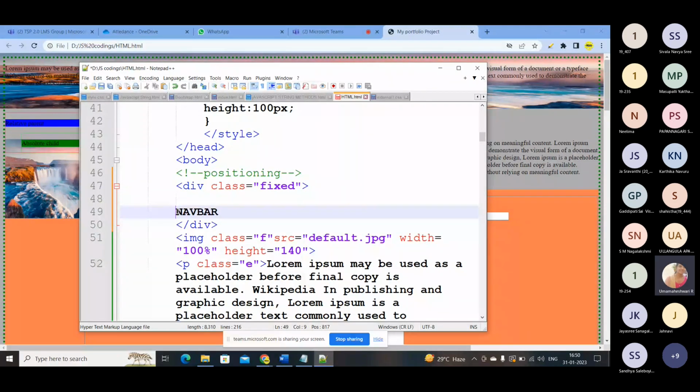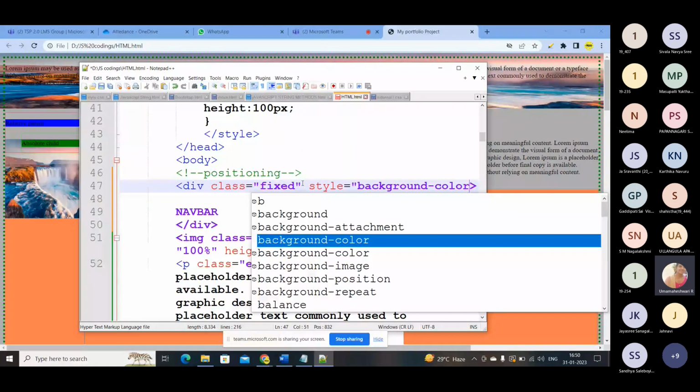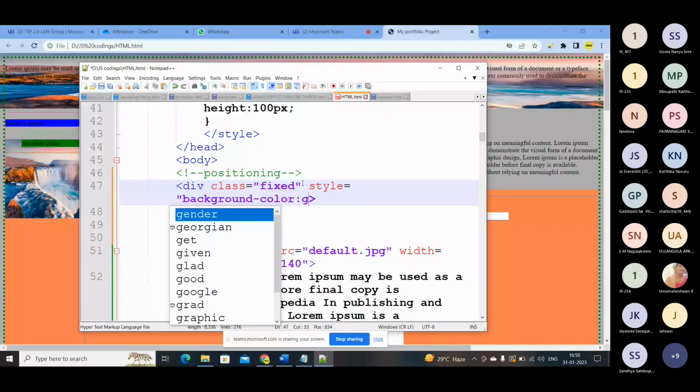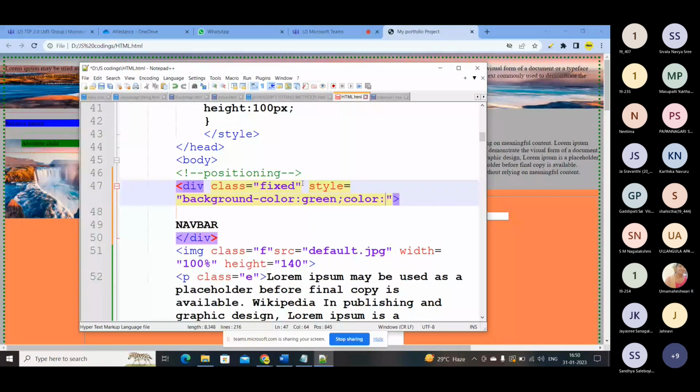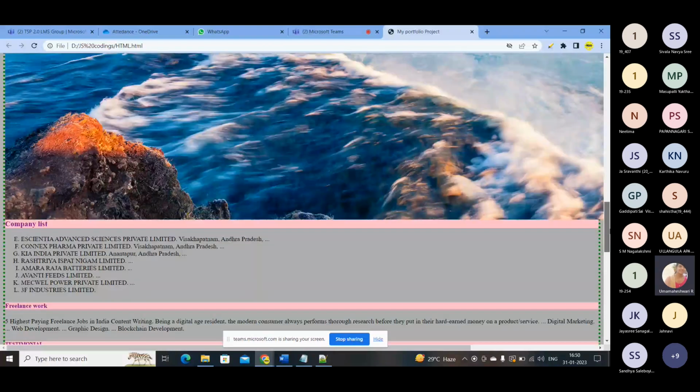Okay, so we'll give the style background-color green. Like this I've designed that. And as of now, if I run this, I can see this one, right? And also, if I scroll this, that navbar disappeared, right? So, but what I will do is,